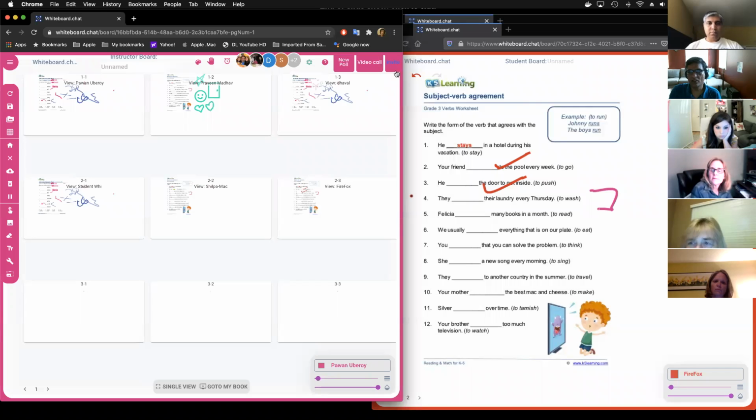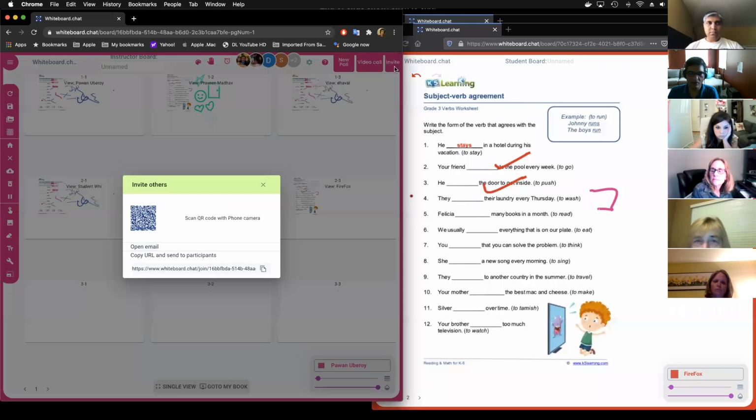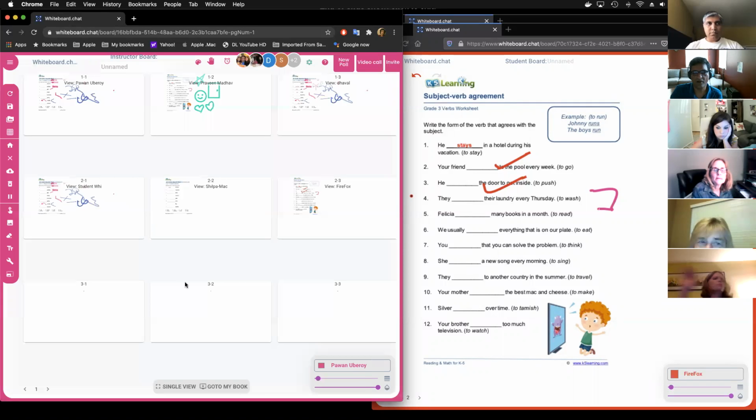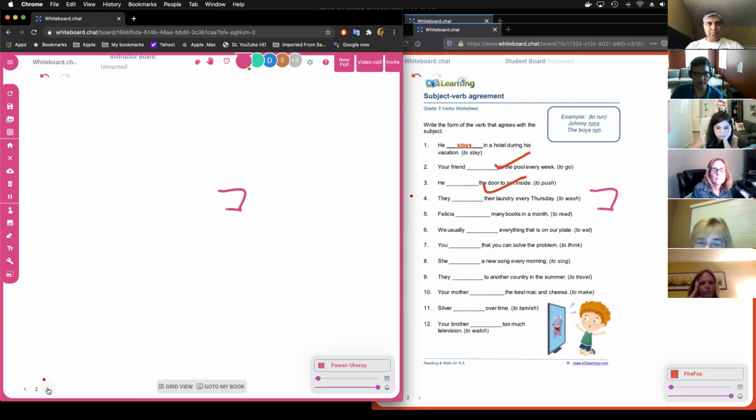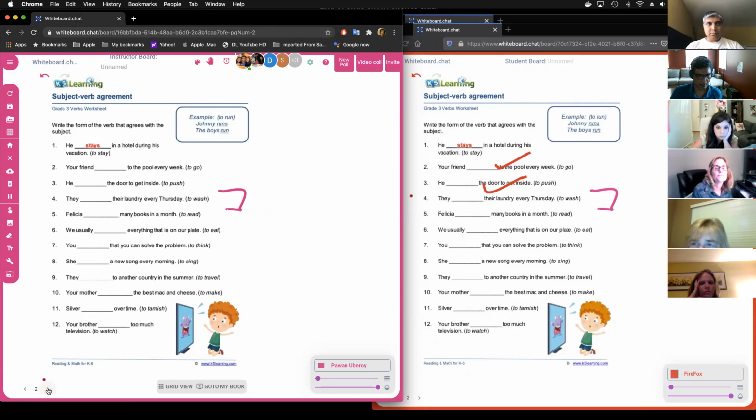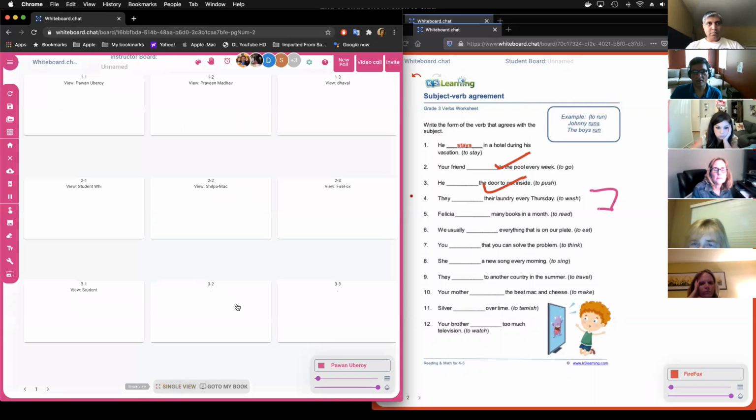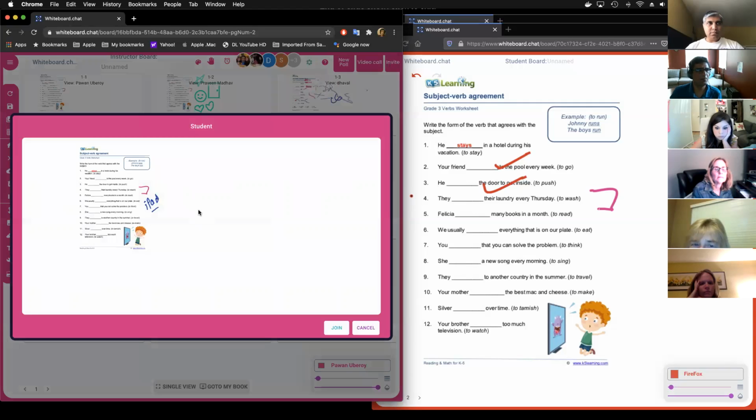Another cool thing I can do is that if you have, for example, an iPad or something where you have a digital pen, you can join this same board. I like to do that by just scanning this QR code, for example, right? If I join the board using a QR code, and if I go back to my board, to my home screen on the left-hand side, you can see that I can write with my iPad, and then it just shows up on the main screen as well, right? So you can use multiple devices at the same time to work with the students on the teacher board as well,